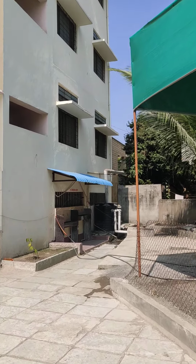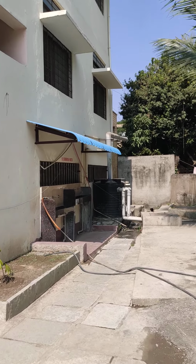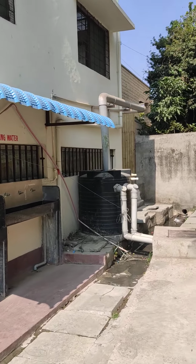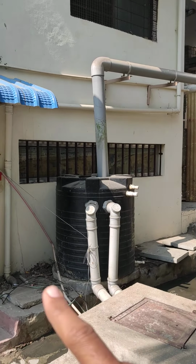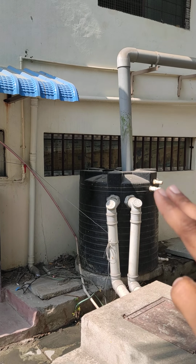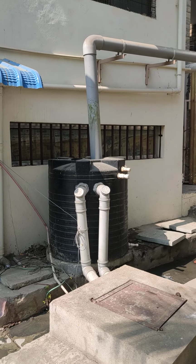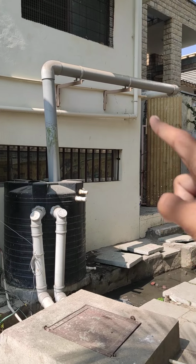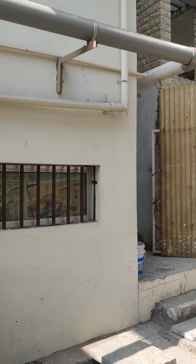Now we are walking out. This is the drinking water facility. The RO outlet is connected here, and if you see this is the rainwater pipe that comes in. This is the tank. All the sediments happen here. Two special filters inside for this pipe and for this. So it comes out from here, gets stored, and then this is the pipe from where it goes out and back to the tank. So let's quickly look at how